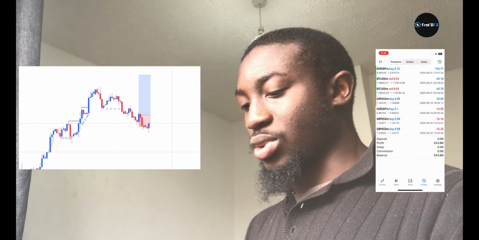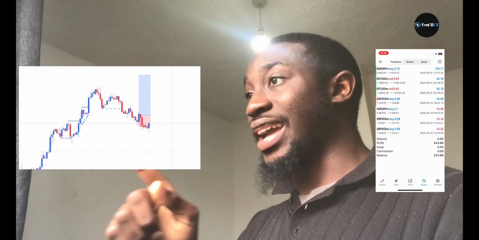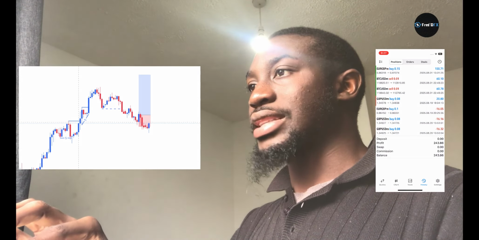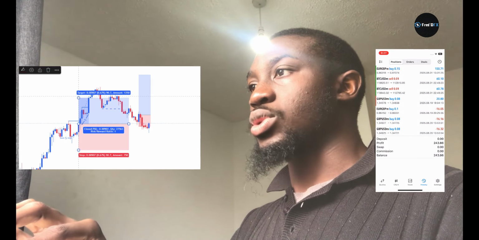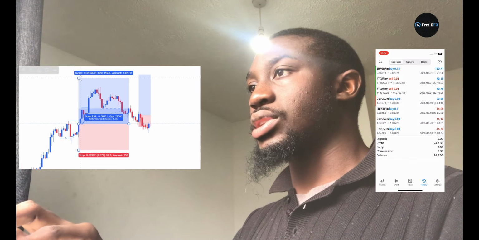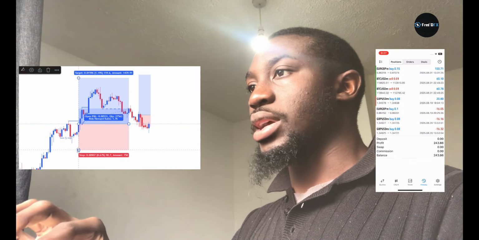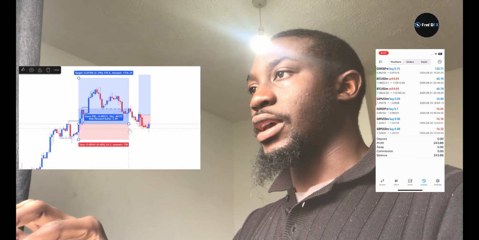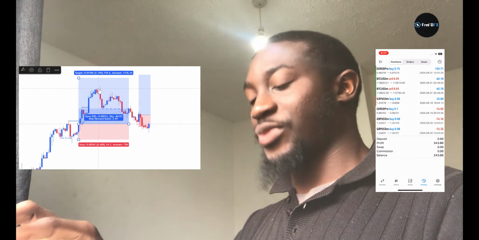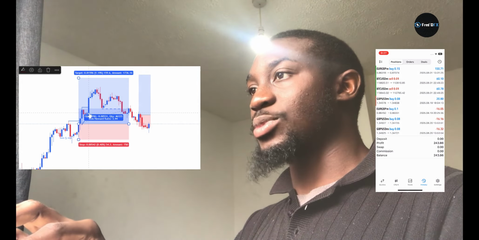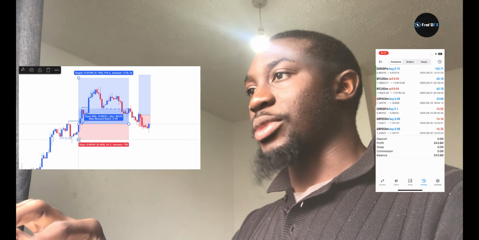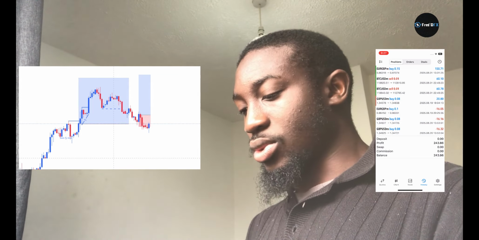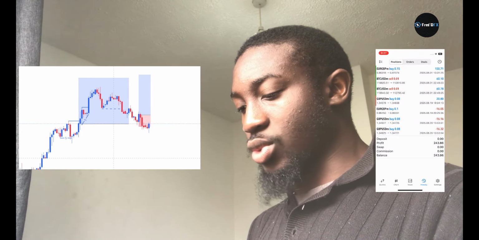Then this one closed me in this same buy. I entered this buy before, at this area, I think I entered this buy here. So I was targeting this area with my SL like this inside last week. So when price got to this area, I said break even under this place. So that was how price took me out from there, at break even. So that was why I got this $20.